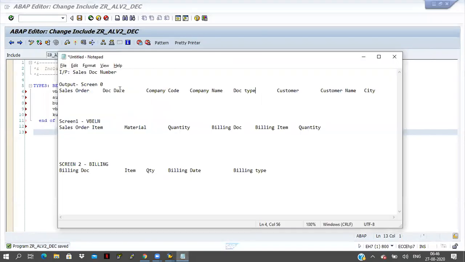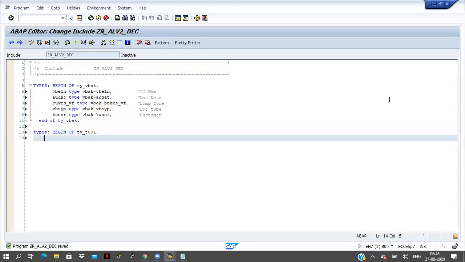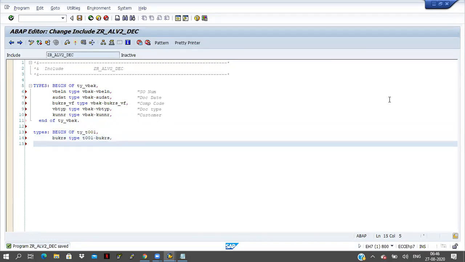So after that one, company name and customer name I also want here. So what I will do, types TY_T001, I mean T001. BUKRS type T001-BUKRS, and BUTXT type T001-BUTXT.